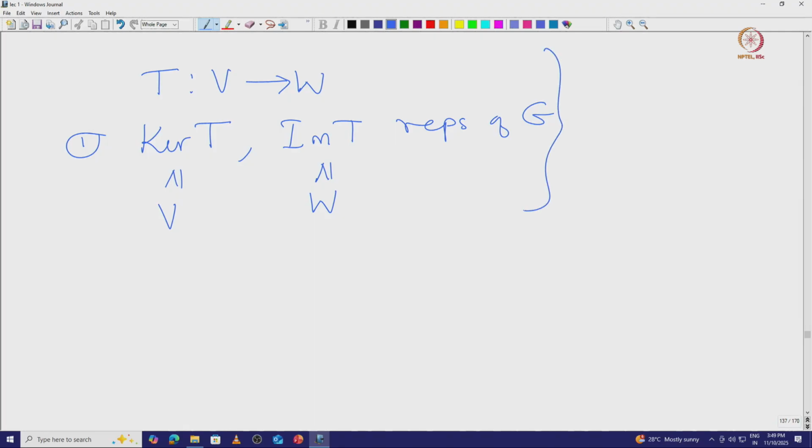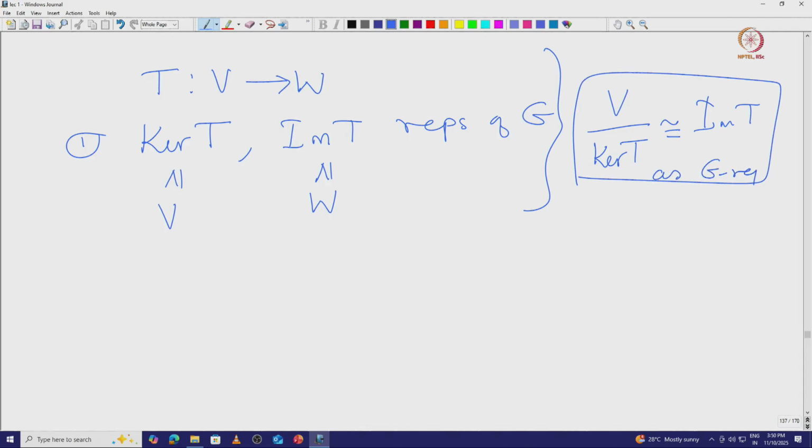And not only that, using these representations we will be able to define the quotient, and then we can see the first isomorphism theorem. So, V modulo the kernel will be naturally isomorphic to the image of T. This is an isomorphism as G representations. For example, let us recall how one defines this quotient. If we take this quotient V modulo the kernel, and if I take some v here, which is v bar, which looks like v plus the